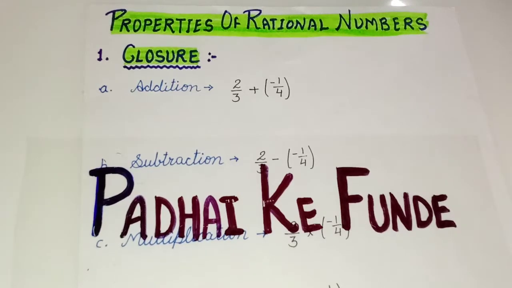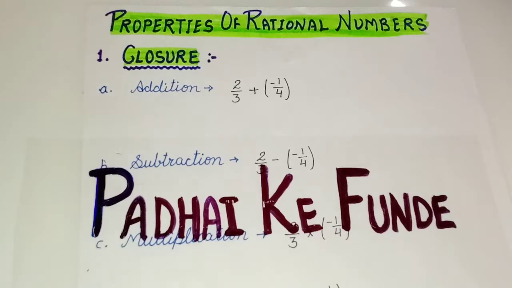As in the case of whole numbers and integers, we have studied about closure property, like the sum of two whole numbers is also a whole number. The difference of two whole numbers is also a whole number. Like these things, when we verify, then it is called the closure property, right? So here we will prove this taking rational numbers. In all four cases we will prove it one by one. First I have taken the case of addition, then subtraction, then multiplication, and then division. Then we will see in which case it is verified.